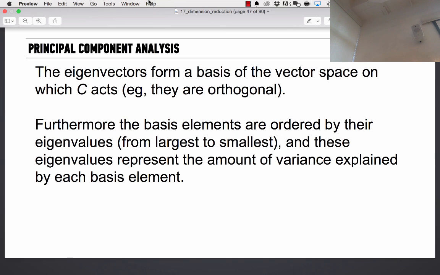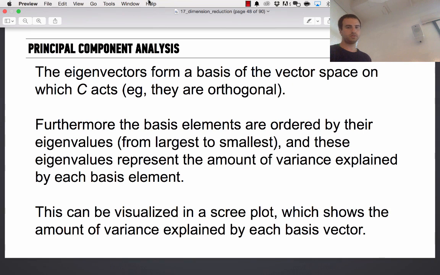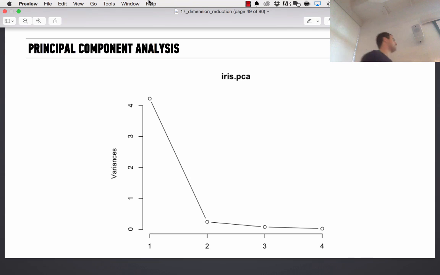The largest eigenvalue corresponds to the most important axis. Each axis comes with it the amount of the variance of the data that it explains.